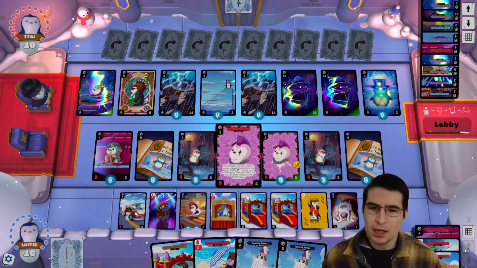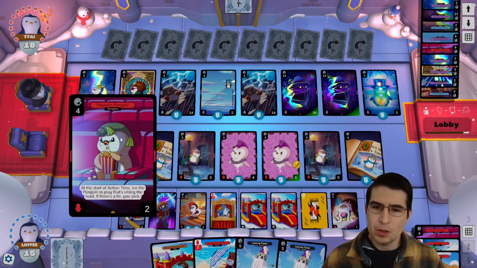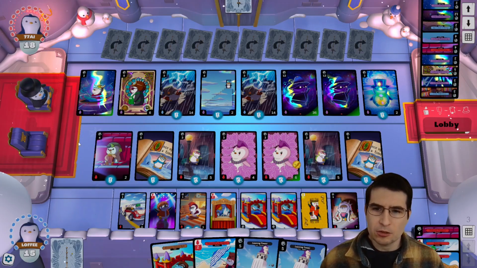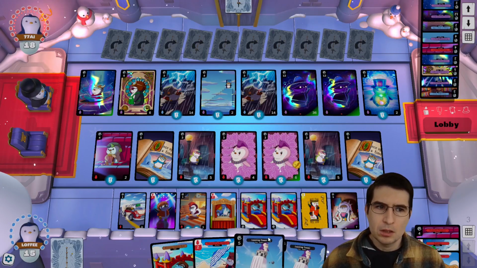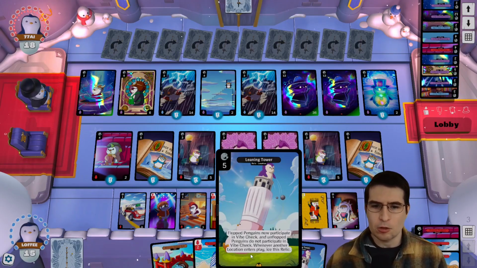If I would have played Leaning Tower that turn, that could have maybe made me win the vibe check. If I had won the vibe check that turn, it would have forced them. Maybe they didn't have anything to flop. The problem with playing Leaning Tower is if they had something like